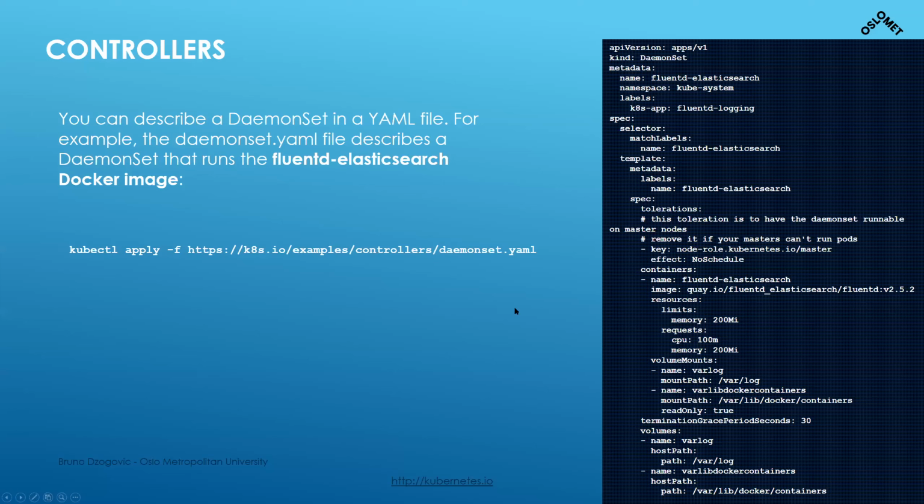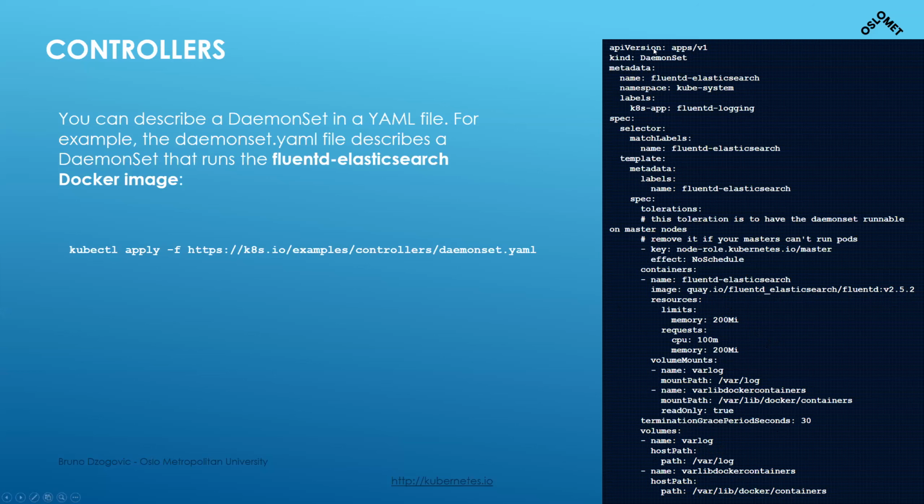In the name, you just put var log and you put it in this host path for the volume, and inside the container, var lib docker containers. But the thing is that this will run an image, pulling a ready image from the repository. It will be version 2.5.2. Maybe there is a newer version. You can adjust this according to what you need.